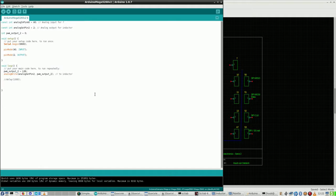Then another question is, what is the output? Oh, I skipped a step. I have now declared the pulse modulation output for port 2. I should make it port 2 or pin 2, whatever. Keeping things clear, which is 128, because is it indeed 2 to the power 8 bits, or 2 to the power 7 bits? It may be 2 to the power 7. So let me